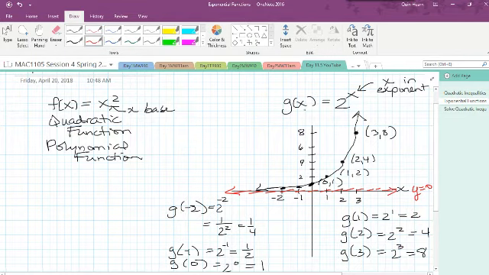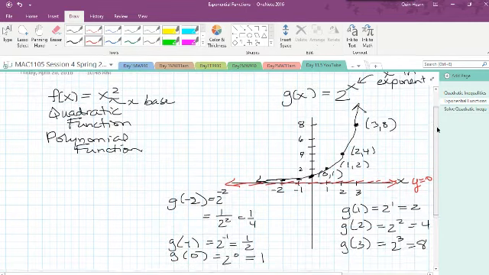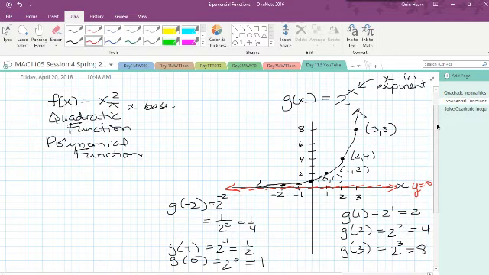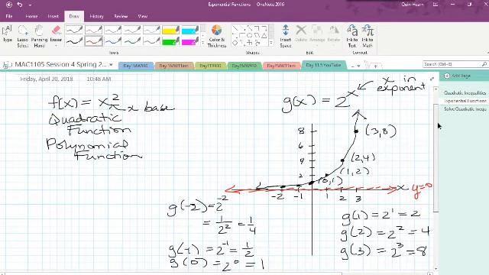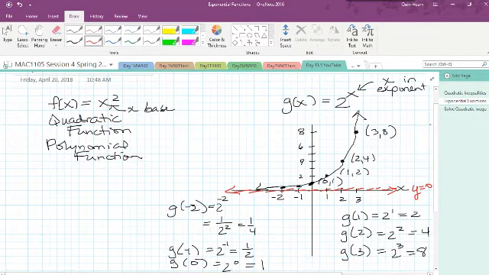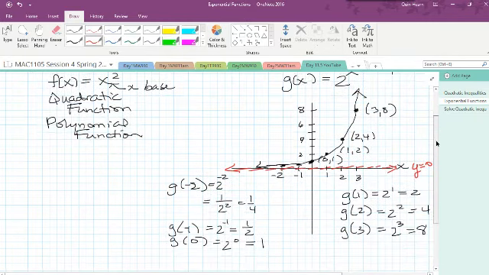Okay, so this graph of g of x equals 2 to the x is what all the exponential functions that have bases greater than 1 look like. So if you had, for example, y equals 3 to the x, it's going to look very much the same as this graph. Of course, the y values would be slightly different. It would go through (1, 3), it would go through (2, 9), and it would go through (3, 27), but it would still have this same basic shape to it. So in general,